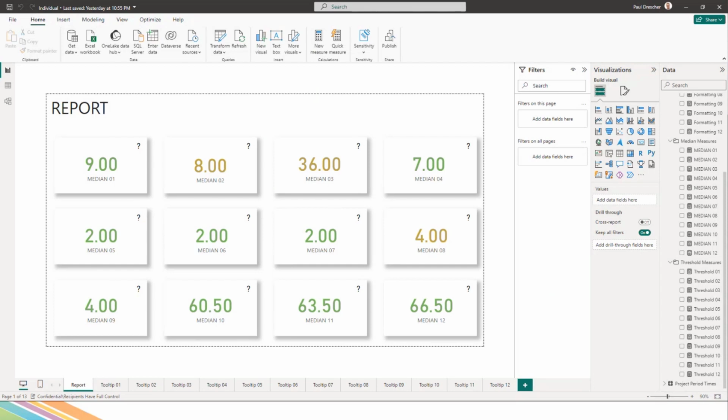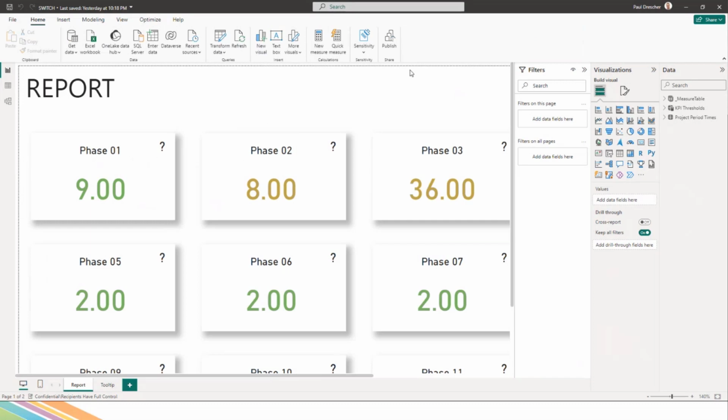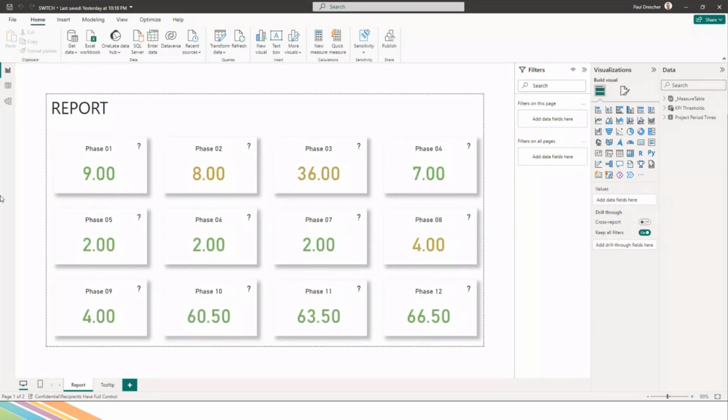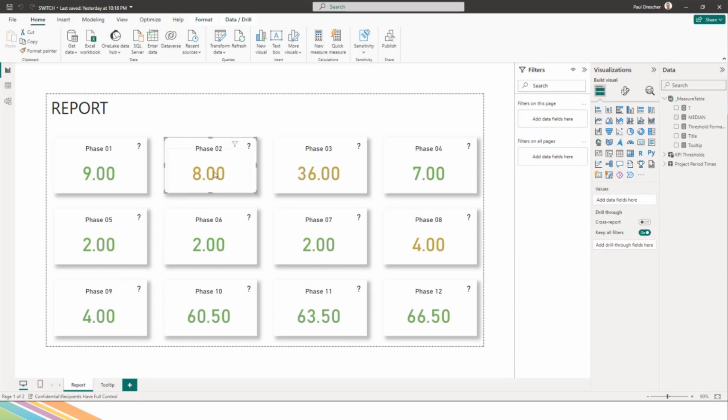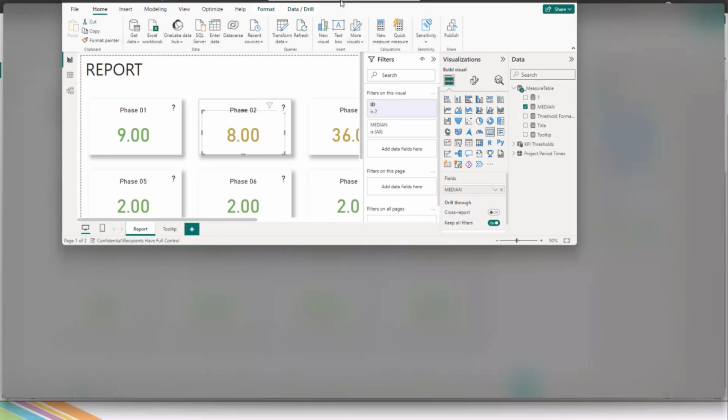So I wanted to change it to something that looks like this. Again, you still have the same 12 KPIs. You have just one tooltip now. And in the measure table, I have only 5 measures instead of the whole list of measures that I showed earlier. And as you can see here, even though it's just one tooltip, you have different texts. It's just one measure in all of them. It's the median measure. And yeah, I want to present how I changed from this to this.